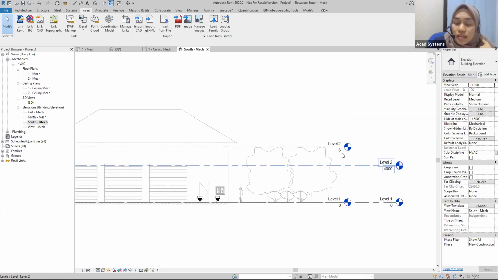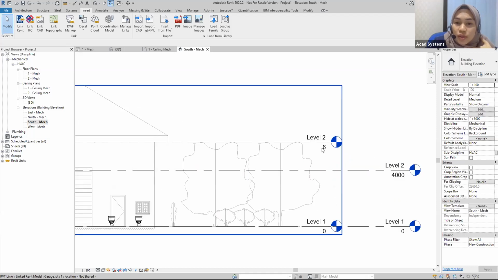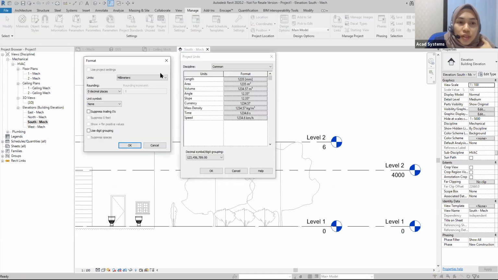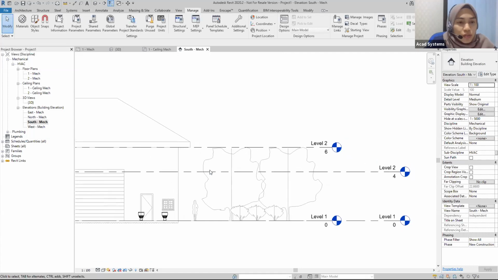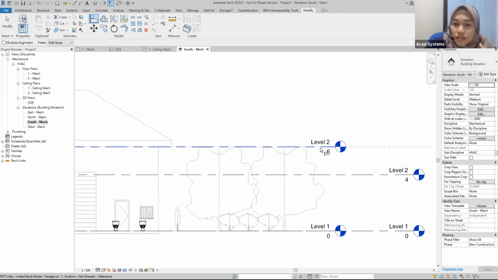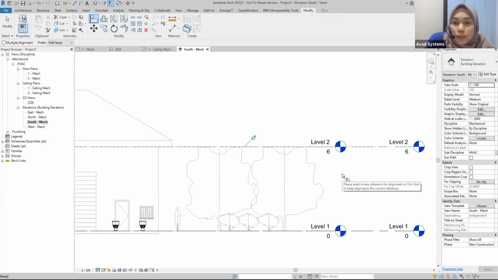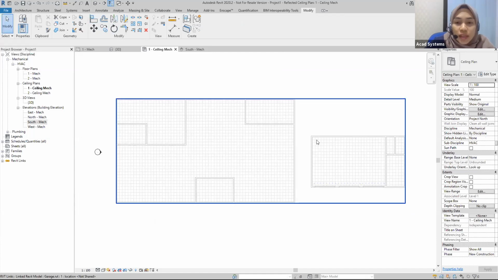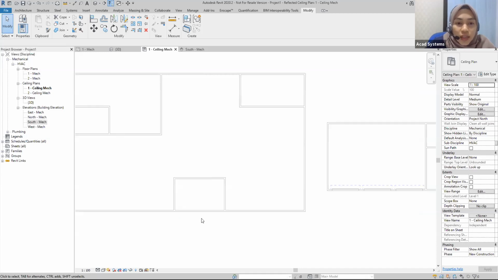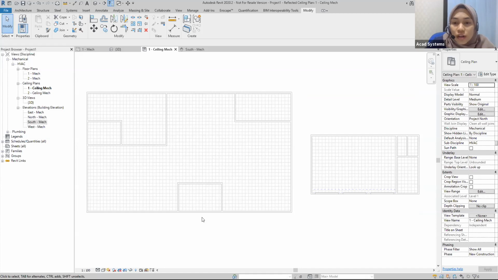So here it is in millimeters, and this one is meters. So we will change our project unit also into meters. This is to make it an easy process. We have to make it the same unit, meters and meters. Okay. So then we will use the modify alignment. Pick the one we want as a reference first, and second is the one we want to move. So back to our ceiling mechanical. Now we do have the level that is exactly the same as the architecture. Okay, then now we can start to do our